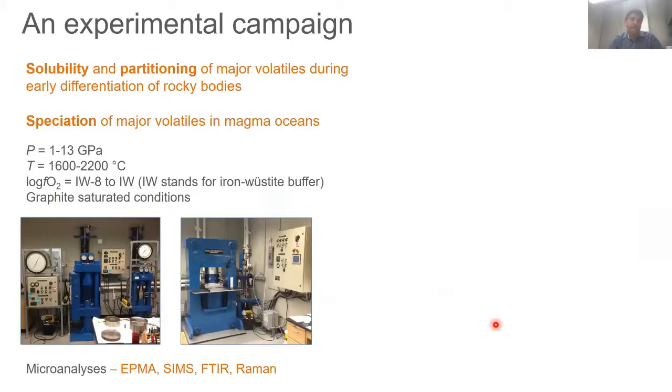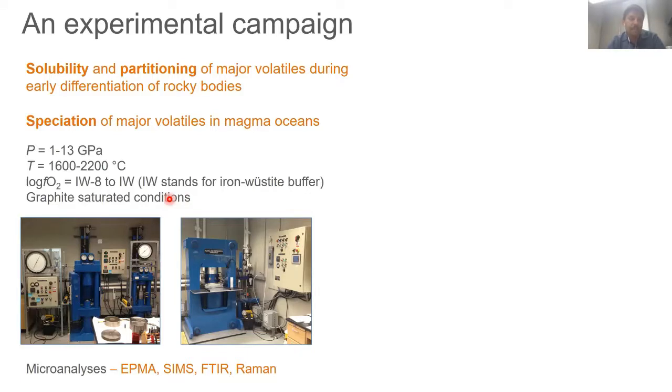So for this particular presentation, what we have been doing is we set out to do an experimental campaign of constraining, as I said, solubility and partitioning of major volatiles during early differentiation of rocky planets. So we have been doing experiments simulating shallow to deep magma ocean conditions: several gigapascals of pressure, several hundreds of degrees of temperature that we can subject these samples to. And by varying the chemistry, we can also vary the oxygen fugacity, or the redox condition, of this magma ocean